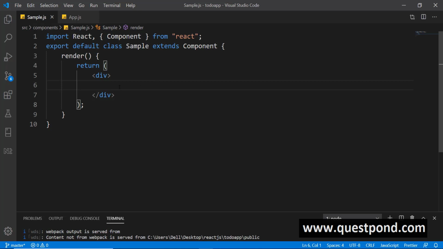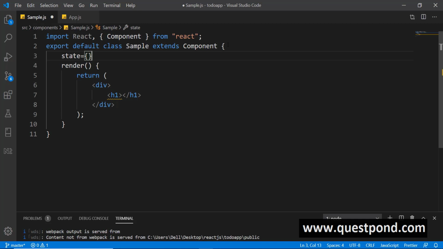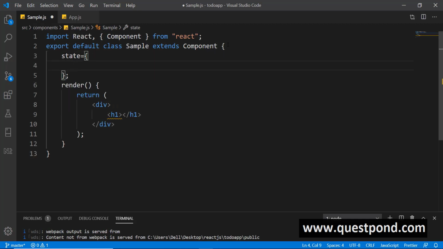Alright, so for that what I'll do is on my sample component, I'll say, let's say h1, and I want to display one variable inside that h1. So we have to use that state. So I can say state, and inside that state I'll be creating one variable, and I name it a, and I'll assign it some value, let's say hello. Alright, and now I want to display this a inside this header tag. We can use simple that JSX syntax, single curly bracket, and inside that curly bracket we can say this dot state dot whatever your variable name, and I'll press save, and if everything went correct, you can display that hello